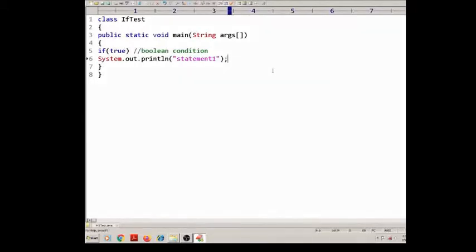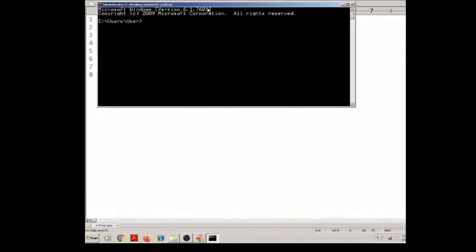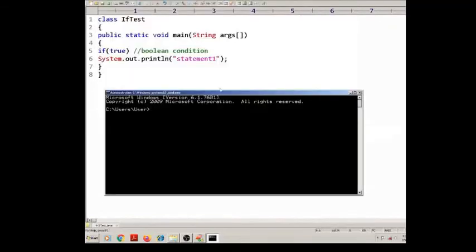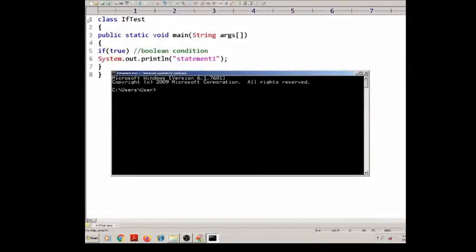Now to compile your program, open the command prompt. So Windows plus R, cmd. Now this is my command prompt, and my folder is available on the desktop. So first change directory, cd desktop, then open tech.